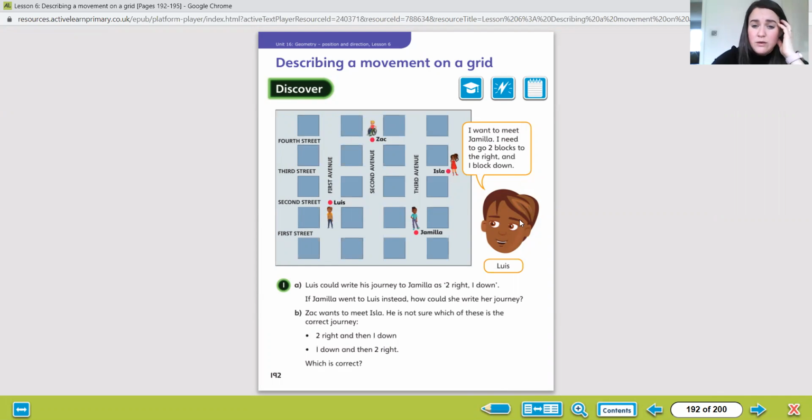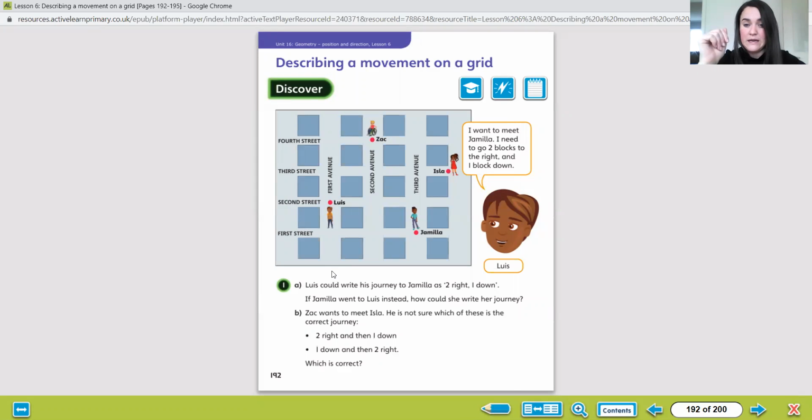Okay, now we've got Lewis here. Now Lewis wants to meet Jamila. So I can see Lewis. He is stood on First Avenue at the minute. Now it's starting to look a little bit different. So this is still kind of in the shape of a grid, but now I've got no grid references. I've got no numbers on here. Okay, so the point of our discover now is just to focus on that language, on those translations, up, down,